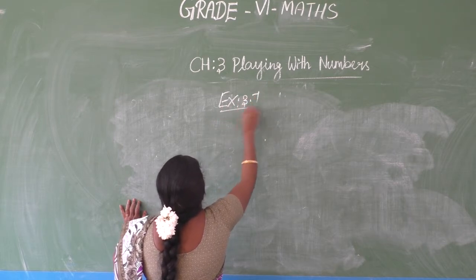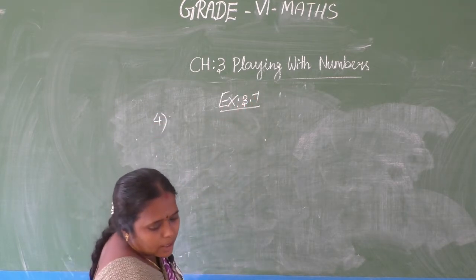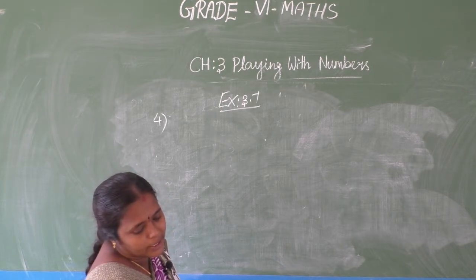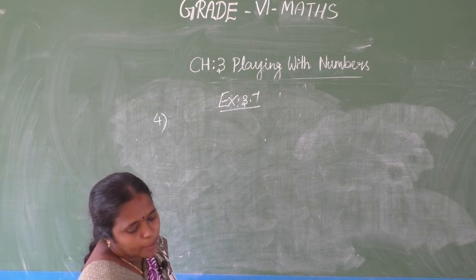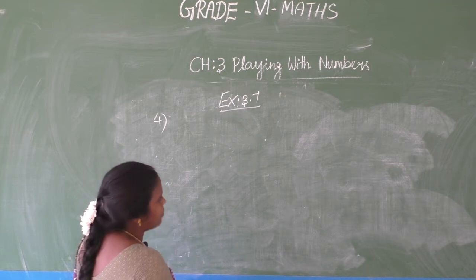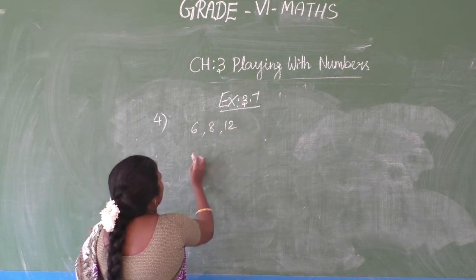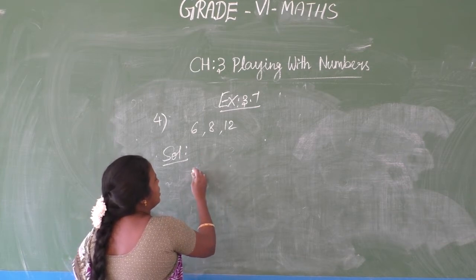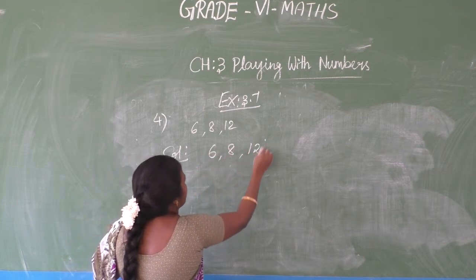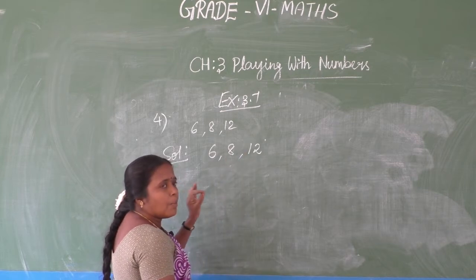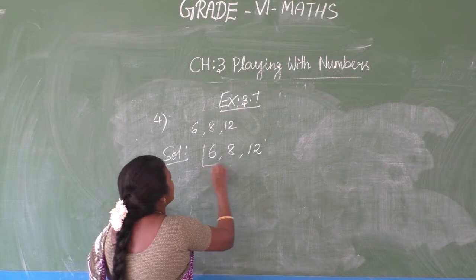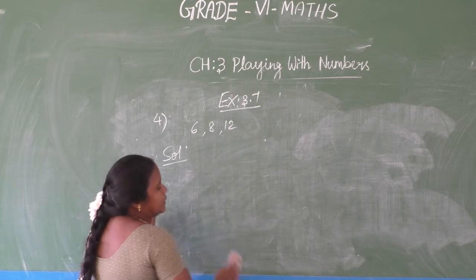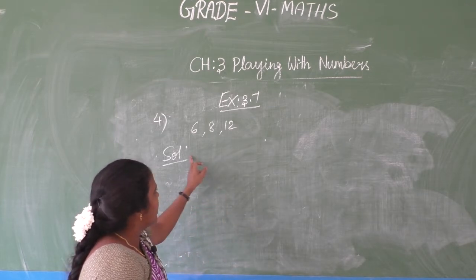Exercise 3.7, 4th question. The first 3 questions are LCM only, but word problem based. We will discuss later. Now the easiest category, let me finish here. Determine the smallest 3-digit number which is exactly divisible by 6, 8 and 12. So find the LCM of these 3 numbers. We can take the 3 together also. In 3 tables the common multiple has to come. So take together. Wait. First let me do it separately and then I will take them together.